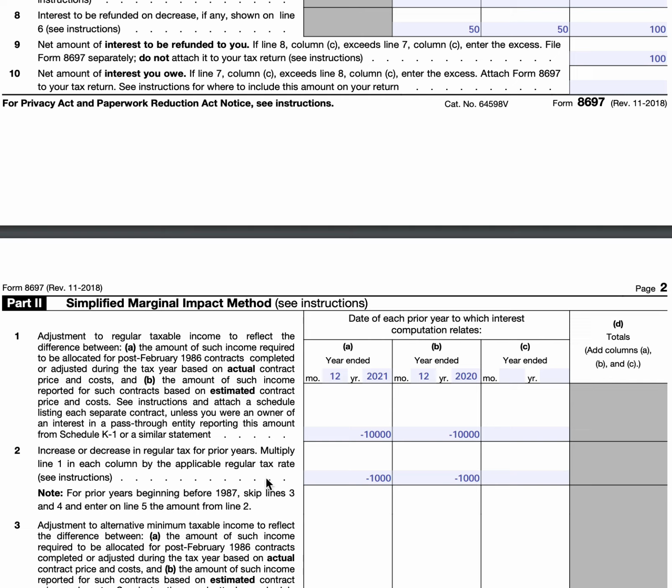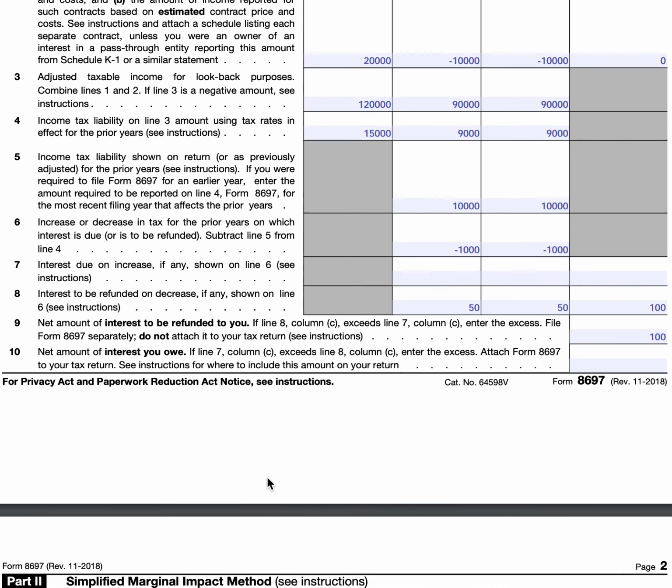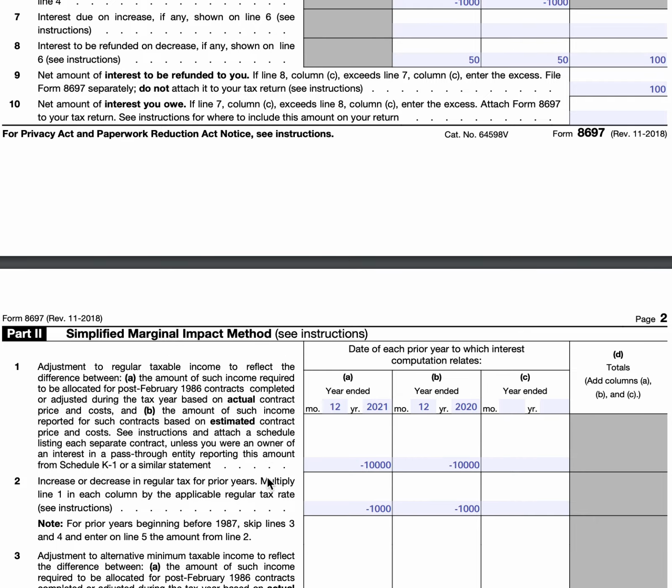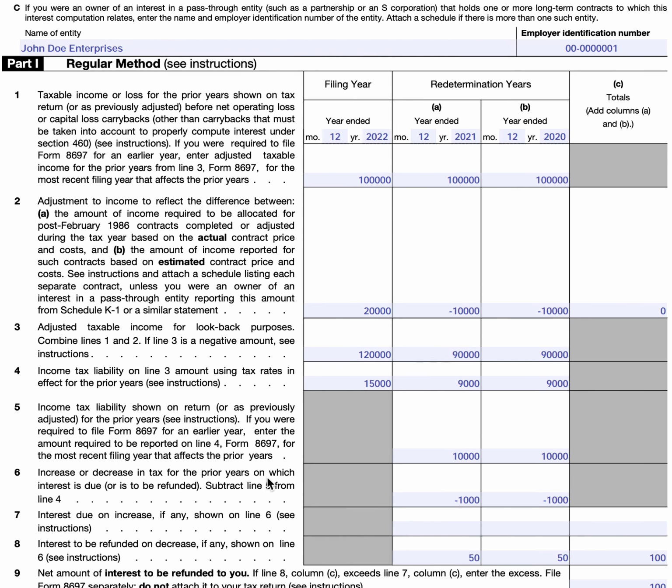account when doing this. So we're going to use our fictional character, John Doe, and we're going to walk through each, the regular method and then the simplified marginal impact method. The numbers are not necessarily accurate. They're really there for illustrative purposes. So you're going to find a lot of the information you'll need to perform these calculations are not on the tax form. You're going to have your prior tax information and all of your adjustments to income handy in order